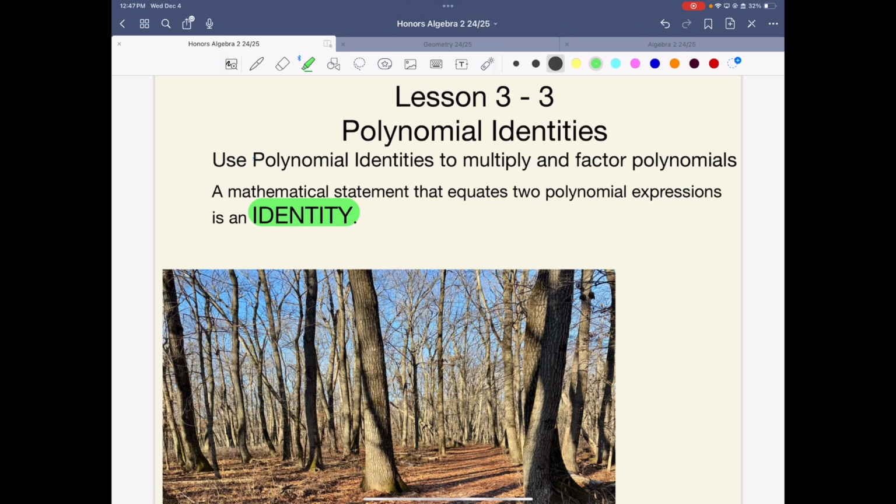So today we're going to talk about polynomial identities. We're kind of going backwards. Right, we need to cover three